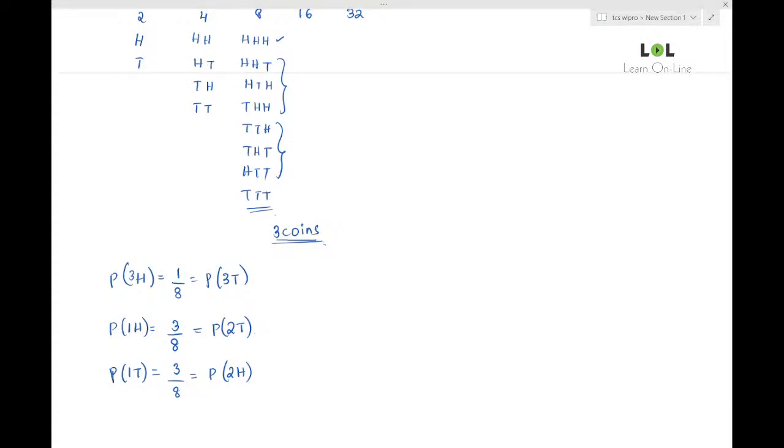Suppose I deal with 4 coins. If I ask for all heads, 4 heads, this will be the same as the probability of 4 tails as well. That is equal to, there will be only one such case, guys, out of total 16 cases. This is simple. Now suppose I ask you, what is the probability of 1 head? You tell me the answer.